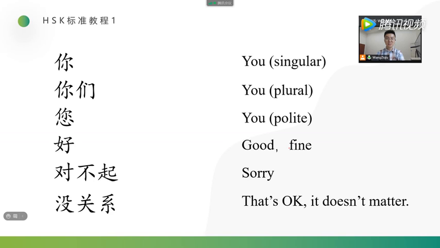Okay, now let's read together. 你们 您 好 对不起 没关系。